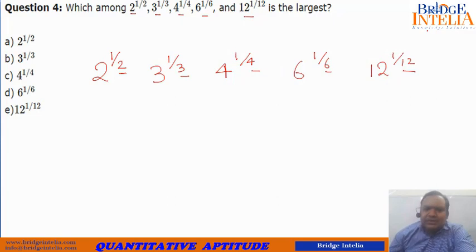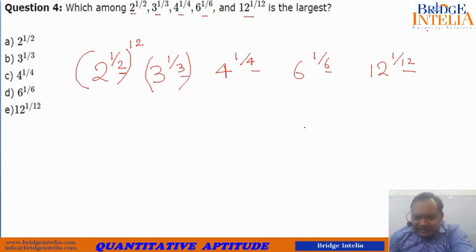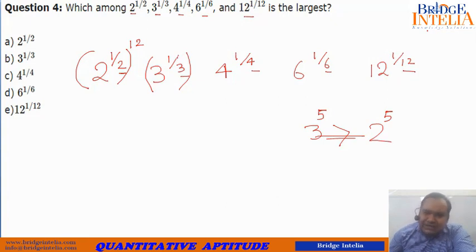It's actually 12. So if you are not able to compare these numbers at one go, why don't you raise them to the power 12 and then compare? What I am trying to say is that if 3 is greater than 2, then obviously 3 to the power 5 will be greater than 2 to the power 5. If the base itself is greater and the numbers are positive integers, then even if the exponent is the same, the greater the base, the greater is the expression. So here, though the bases are not the same, we can raise them to the same power and still compare them.